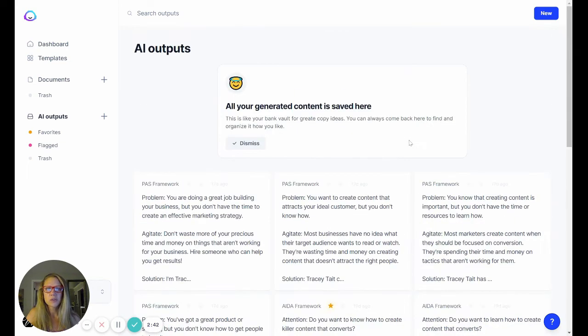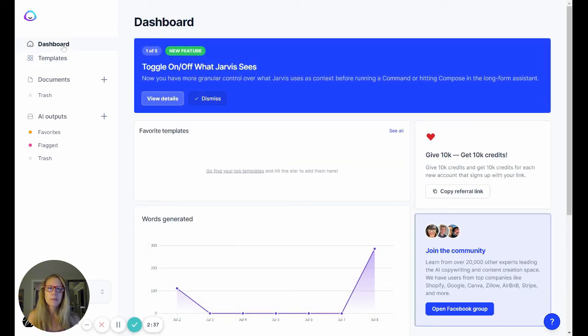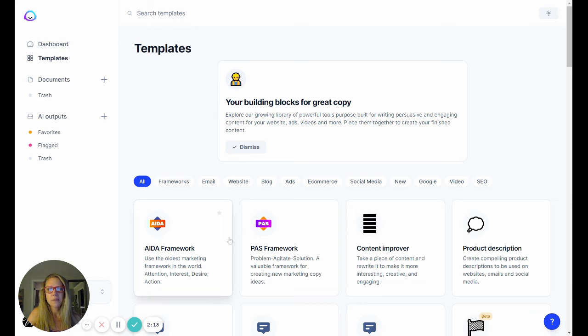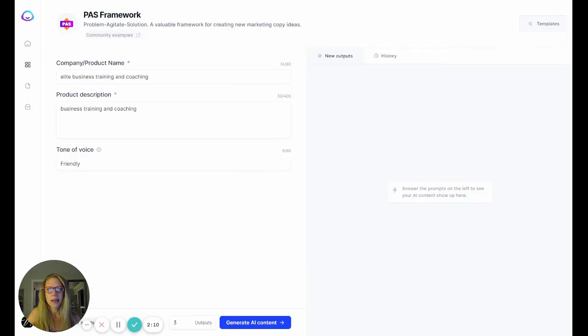And I actually use this as a tool to help clients. And even in my 5-day program, I use this as a tool to help people with content that they needed to use, because the topic of that was killer content that converts. What a better tool than this to actually use it for that purpose. So I had created a very short, I think it was 3 or 5 question survey, so I could gather the information I needed to plug into the PAS framework,